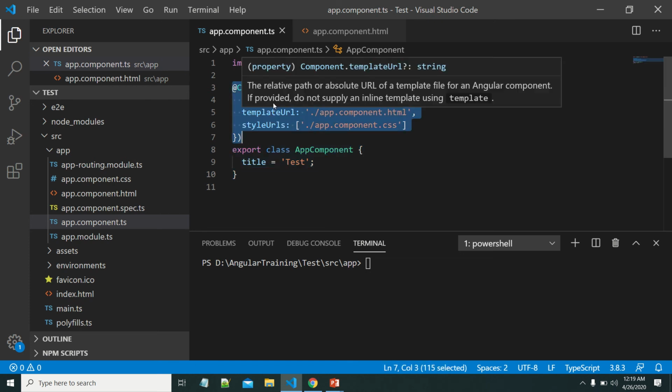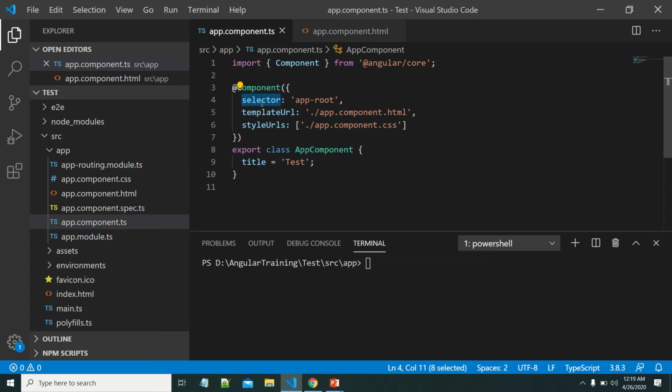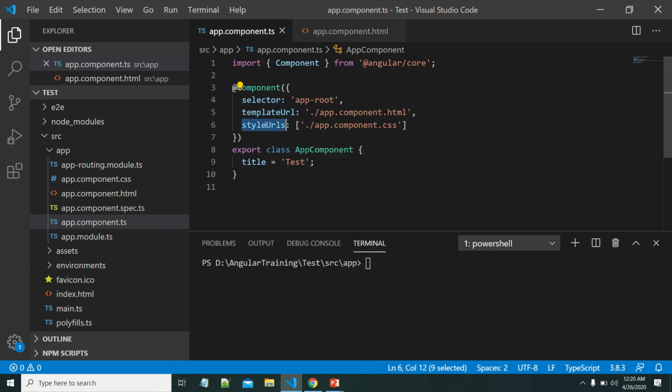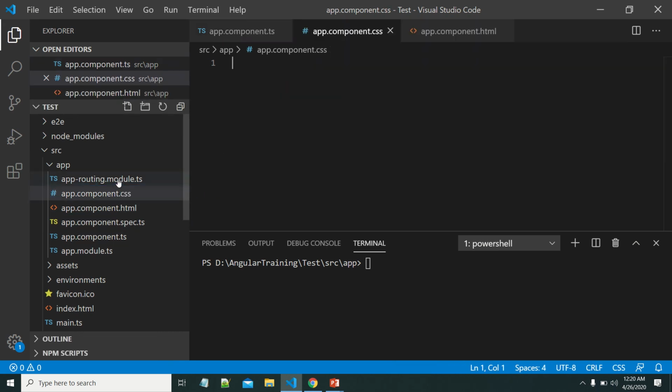Here we can see some other properties. Selector is used by the Angular framework to identify this component. And style URLs is pointing to the .css file. This is the file where we can write all our style sheets that can be applied to this component.